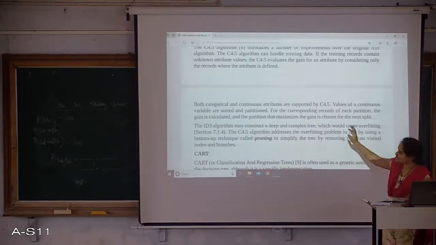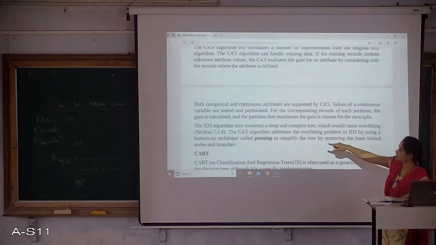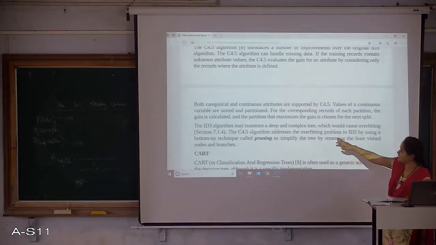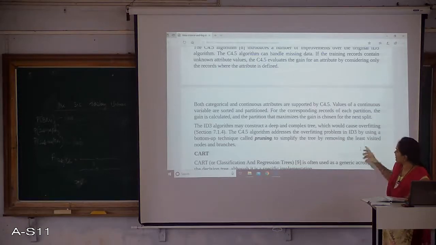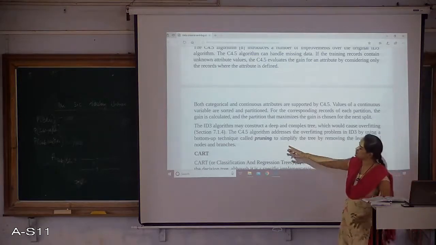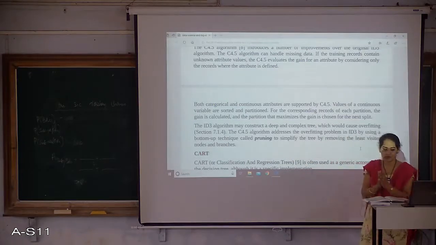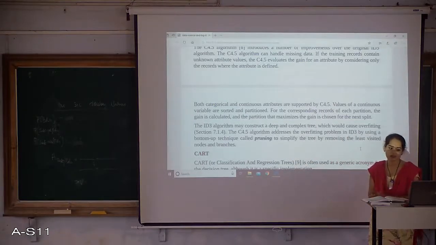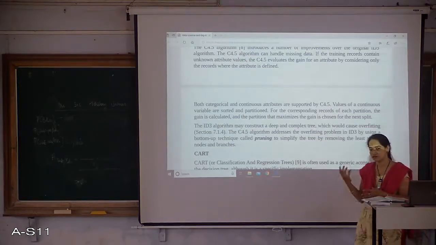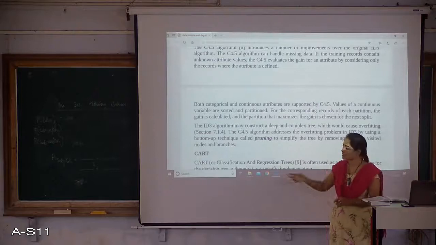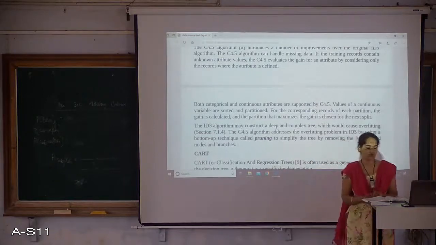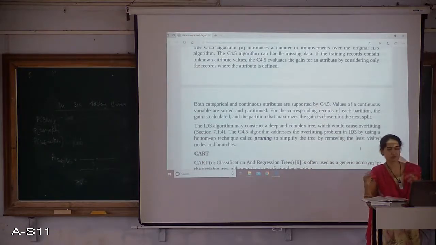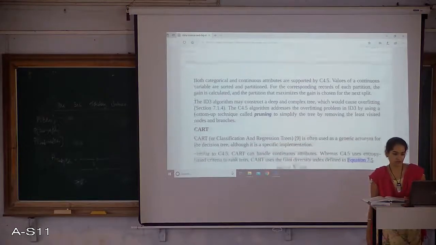Because of that, we prefer to go for C4.5, which is able to handle the overfitting problem of ID3. It will apply a pruning concept to decide whether to go further, whether to remove the less entries or need to consider them or not. So it will make some decision in between and then it prunes the tree.